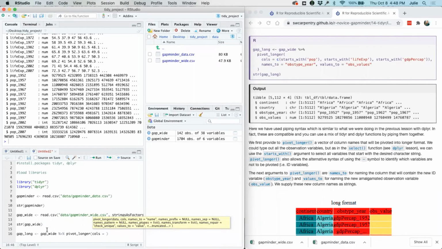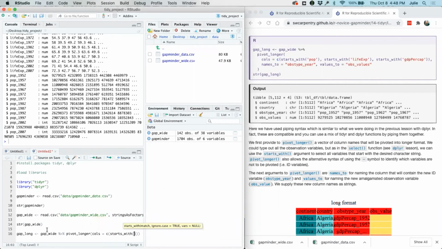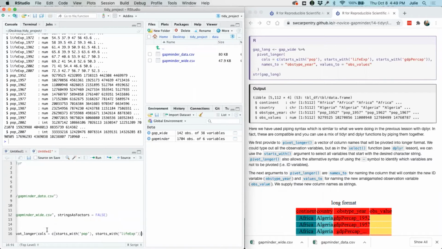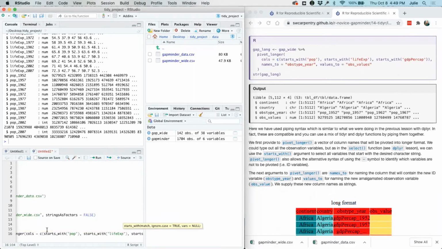So we're going to tell it we want the columns that start with pop, our population, starts with our life expectancy, and starts with our GDP per cap.